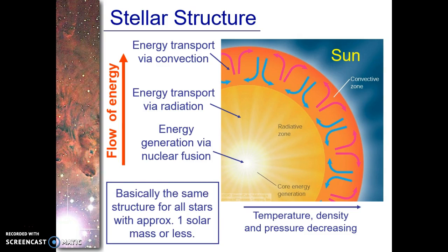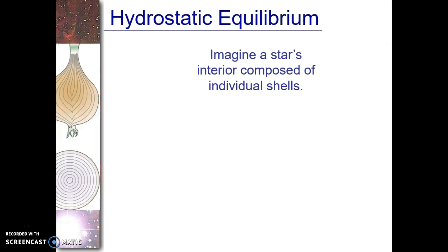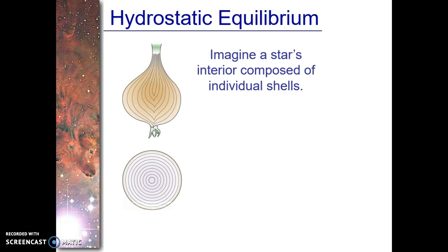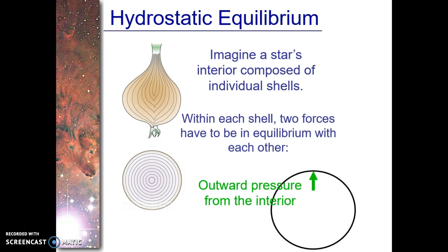Okay, so any stars that are approximately 1 solar mass or less, which is a good majority of the stars, have the same structure and follow the same energy transport. Alright, so hydrostatic equilibrium. Imagine that a star's interior is composed of individual shells. Within each shell, two forces have to be in equilibrium with each other in order to maintain its structure. And this is called the law of